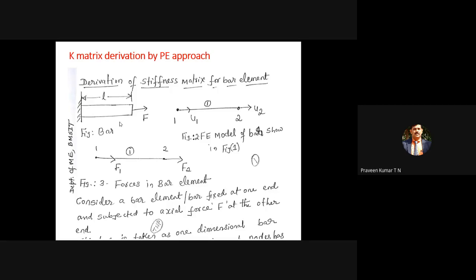Whatever element you studied, bar, beam, trusses or torsion, you assumed that the boundary condition is zero. When it is a zero boundary condition, you easily apply the elimination approach. But for a non-zero boundary condition like T equal to T infinity in heat transfer, if one end of a steel rod is exposed to the atmosphere and the other end is exposed to the ambient temperature, then T2 is equal to T infinity. It is not a zero boundary condition. It comes under non-zero boundary condition.